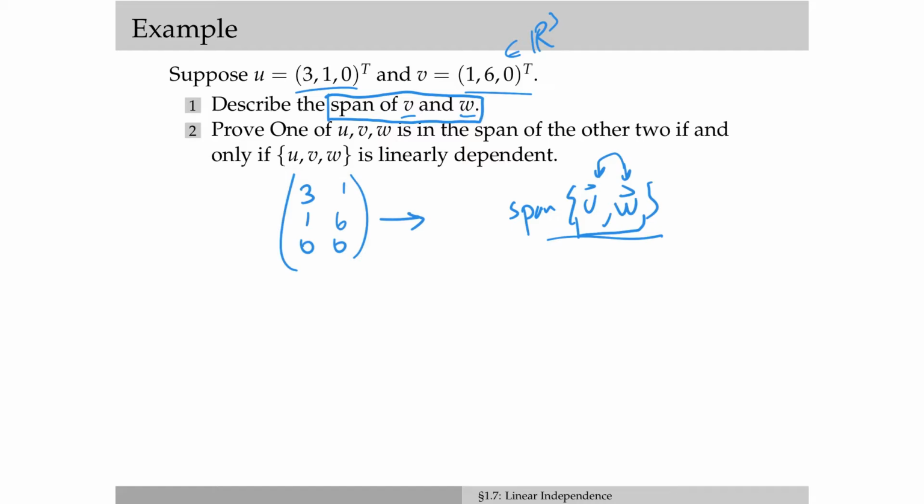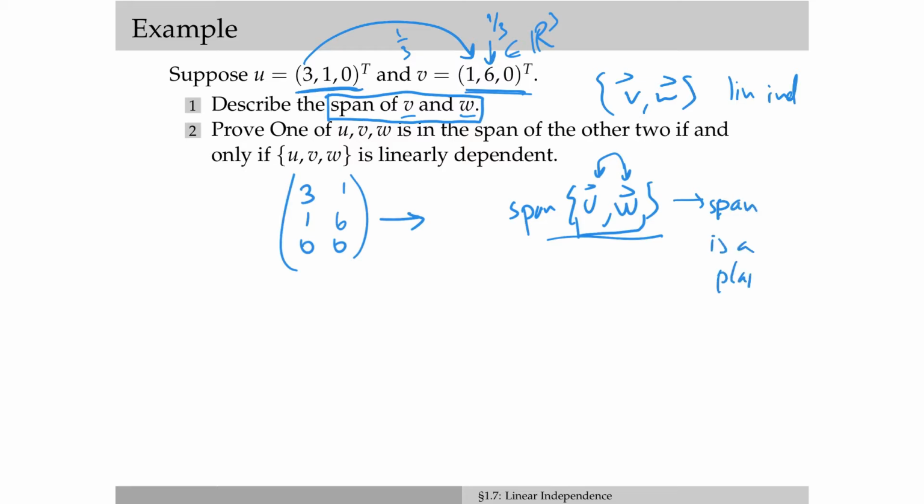All right. Now, is 160 a constant multiple of 310? Well, let's think about that. In order to go from 3 to 1, I'd need a 1/3 weight. To go from 1 to 6 with a 1/3 weight would force this to be a what? A 2. No, a 1/3, my lord. So, what's that mean? That means it is definitely not dependent. In other words, V and W are linearly independent as a set. So what's the span? The span must be